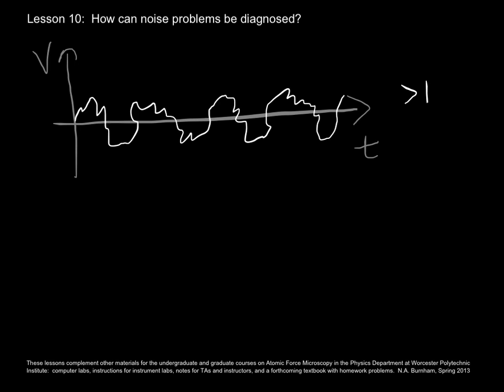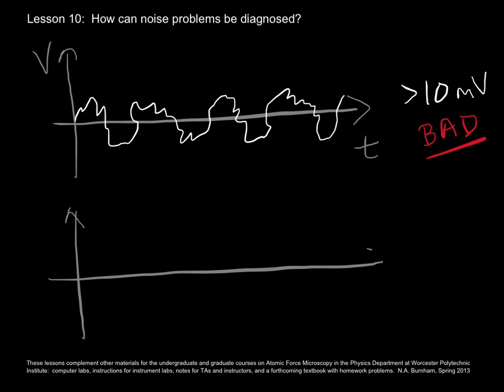And so if this signal is greater than 10 millivolts, I would certainly say that is bad, and you want to be down with a couple of millivolts or 1 millivolt of noise. It's very difficult to guess from a signal that looks like that what might be going wrong in your AFM, and it's much easier to guess if you take that signal and you subject it to a process called a